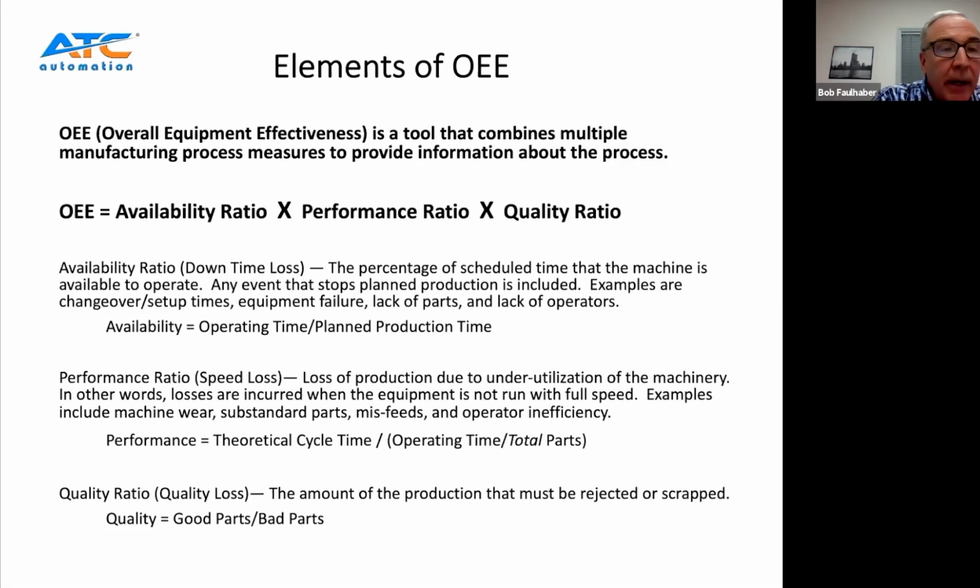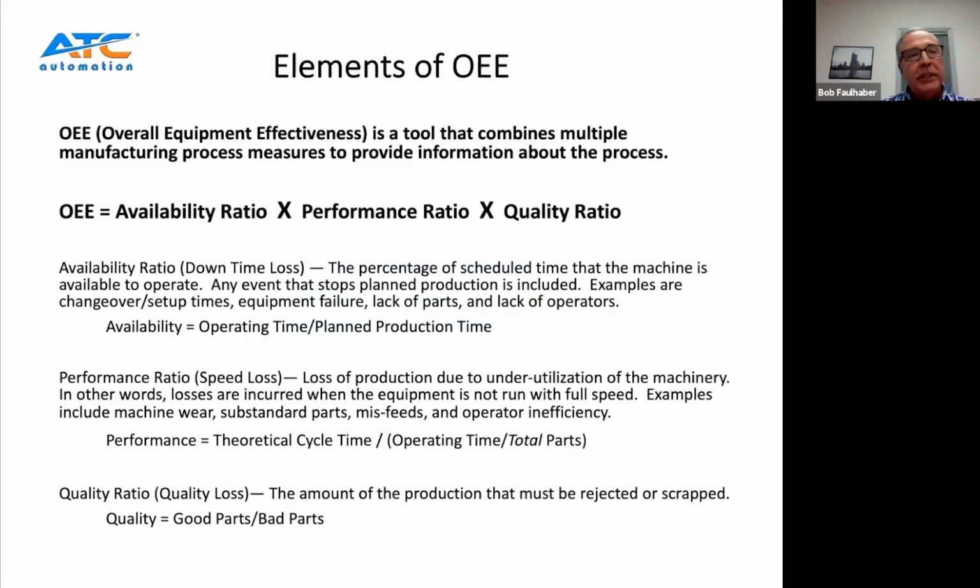Some of those would be, for instance, machine wear. That doesn't come into play when you have a brand new piece of equipment. Of course, machine wear is not there. If it is, we have a problem with a brand new piece of equipment. But it does come into play if you want to conduct an OEE evaluation of a machine that has been operating for 5 years. You want to look at the OEE now after 5 years of runtime versus what it was at the beginning. In that case, machine wear is an issue, and it could affect the performance or speed of the machine.